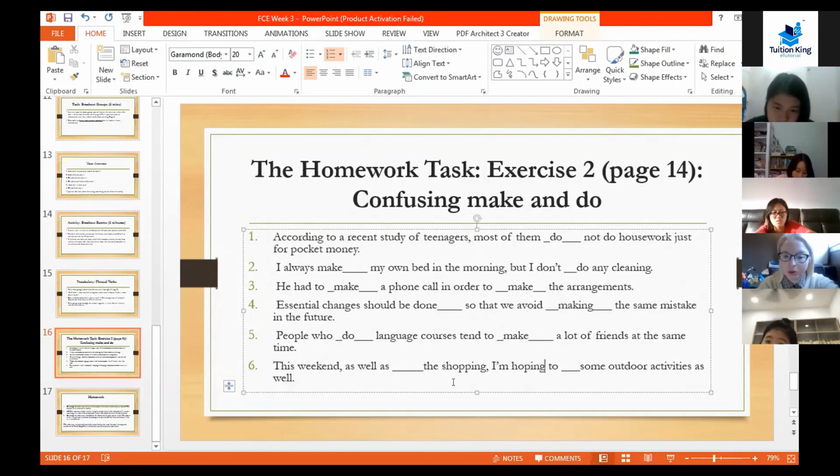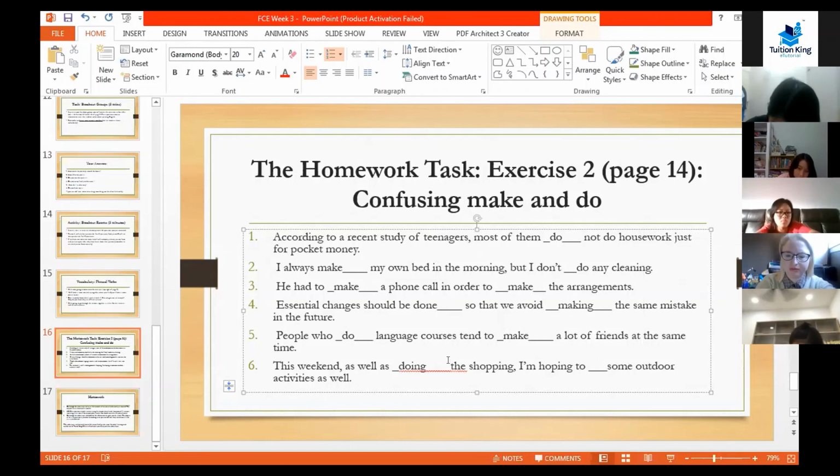So hoping, and also look at this adverbial phrase here, as well as. Usually when you're describing doing 2 actions at the same time, we need to use the continuous. And the clue here is the fact that you have hope already in the continuous as well. So doing the shopping, as well as doing the shopping, I'm hoping to,